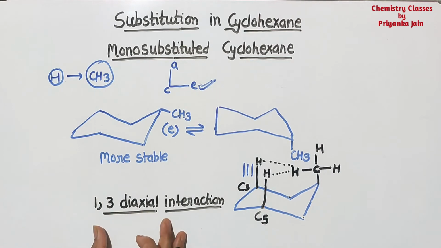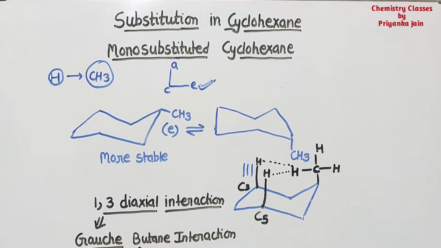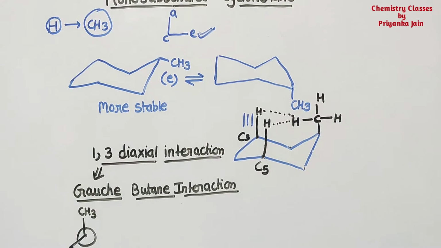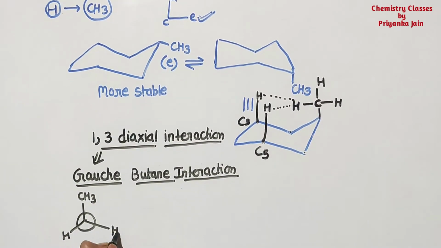Actually, if we understand this 1,3 diaxial interaction, it is equivalent to the Gauche-Butane interaction. You have somewhere seen about this Gauche-Butane interaction. Listen about it, there are questions about this also. What is Gauche-Butane interaction? Actually, you have seen the Gauche form of butane, if you have seen my previous lecture, in that we have seen that in this way,